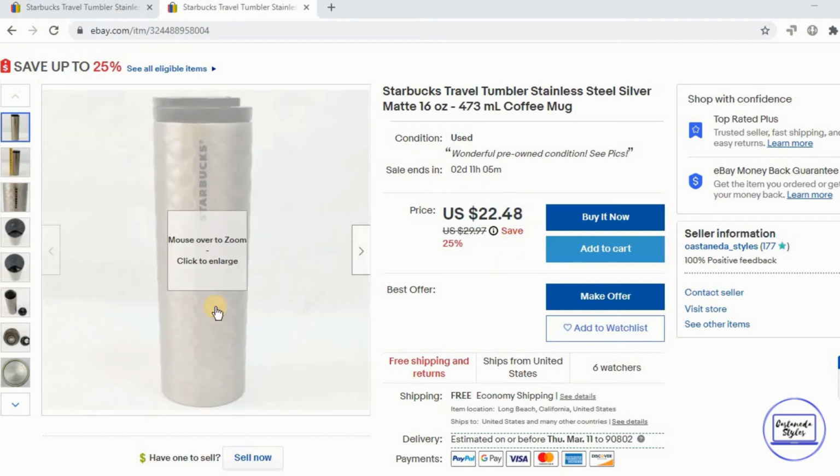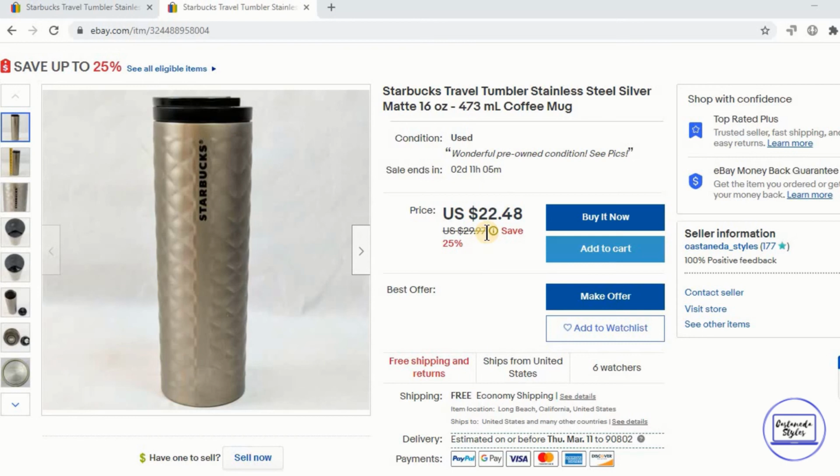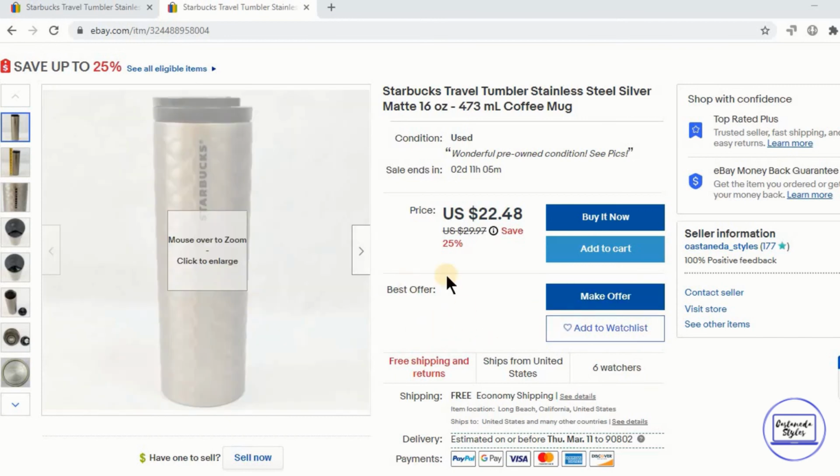What I'll do is I'll list an item, I'll give it about 2 weeks, I'll list it 25 to 30% higher from what I actually want it. I might get some watchers. When I get those watchers, I'll send them offers for 25 to 30% off. They might not get it, they might get it. Sometimes it works, sometimes it doesn't, but either way, 2 weeks later after I list it, I'll run a sale